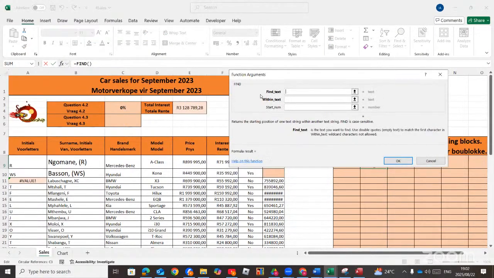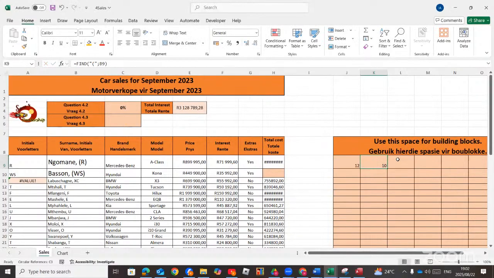Now here, what are you finding? Because I know some people will say comma, no. But this arrow that we are looking for comes just after the open bracket. So here we will need the open bracket. That's the position within this text. And then after that,